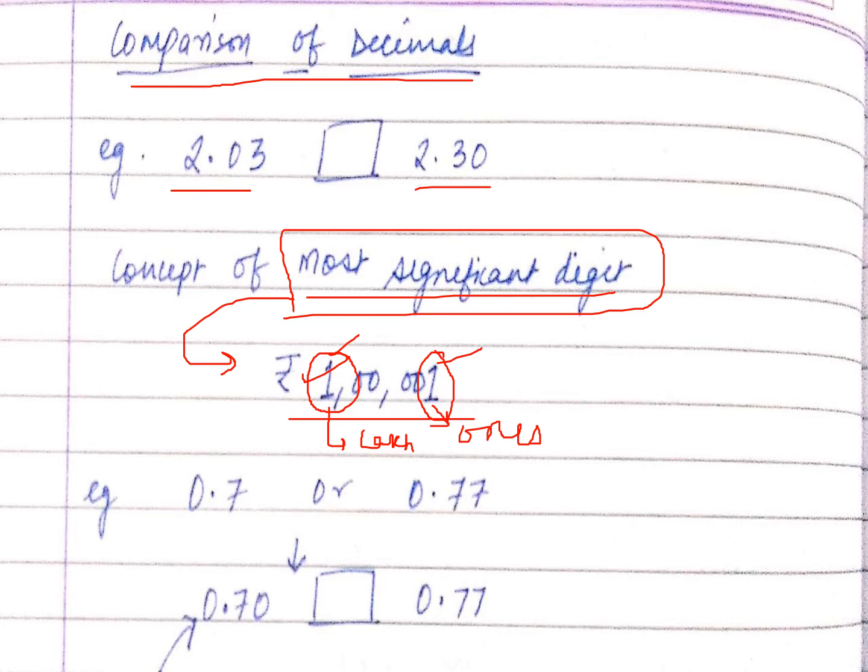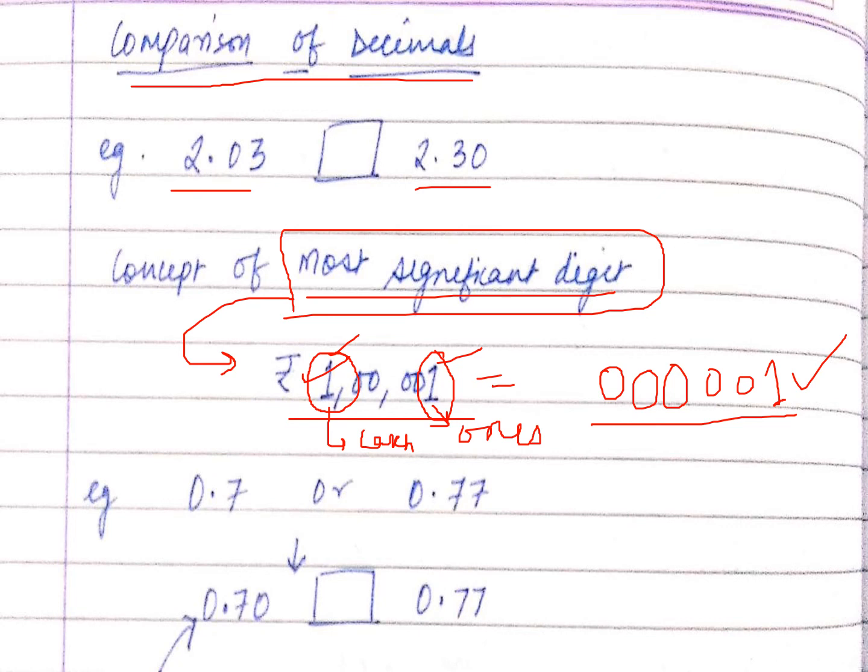No, because as soon as you give this one to me, now you have only these many rupees. So will you be happy with these many rupees? No. That means the place value which is maximum is the most significant digit,